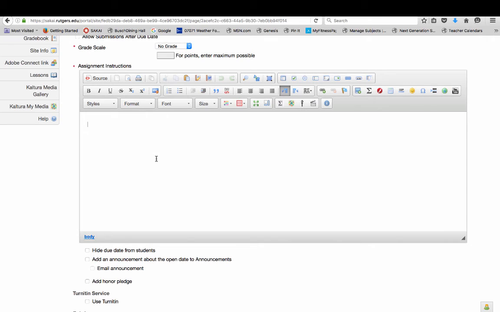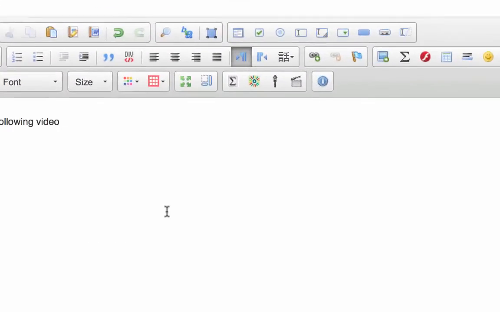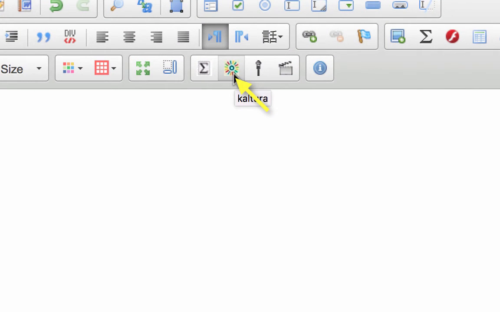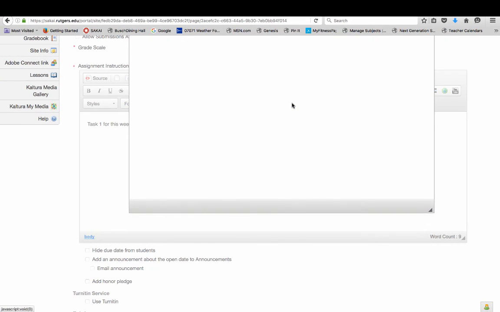For example, if I want to do task 1 for this week, watch the following video. So where's the video? Before I wasn't able to include the video here, but if you notice this little button here, it looks like a multicolored sun almost. This is the Kaltura integration. If I click on this,